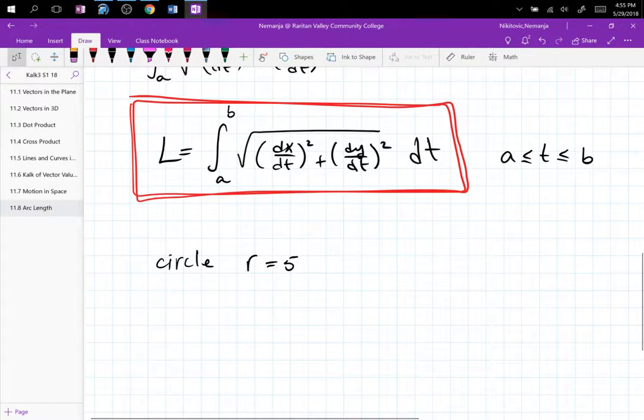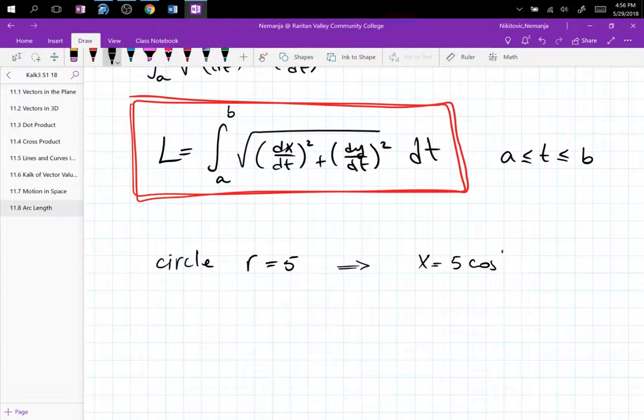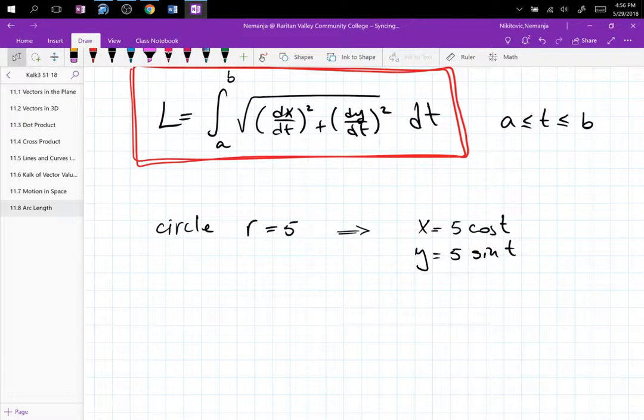Let's go. What I'm going to do first is parametrize this, and we know that the x dimension is going to be 5 cosine t, and the y dimension is 5 sine t. If we switch sine and cosine, then the orientation, the way in which we draw the circle, will change, but the circle stays the same. So now, the length of the curve is going to be the integral from 0 to 2 pi, because I want the entire circle,